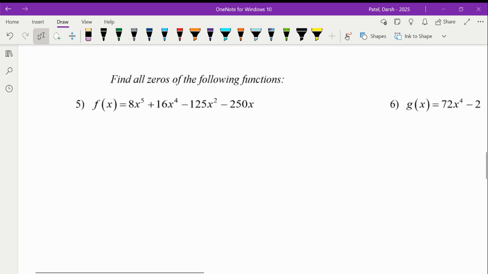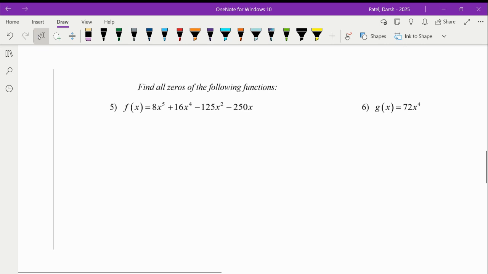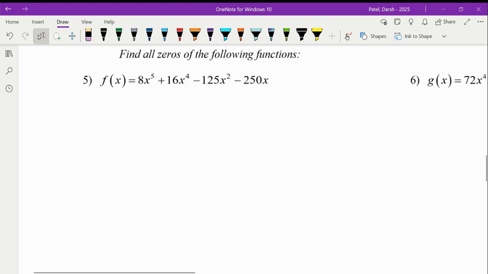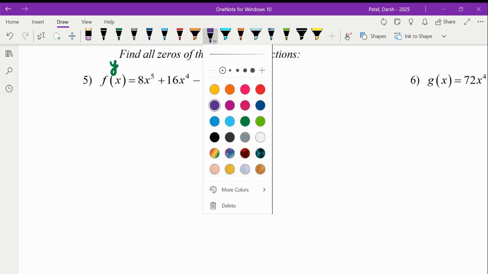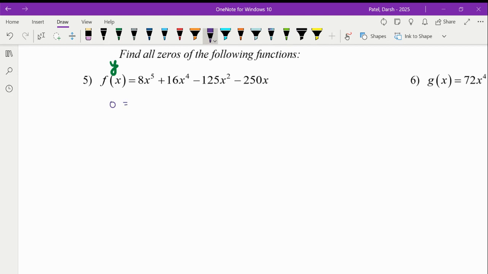Okay, so we're going to find the zeros of this function. If you want to find the zeros of a function, first you have to make f of x equal 0, right? Because f of x is another word for y. So let's get started. We're going to make this 0 equals 8x to the fifth. So we know this function is going to have 5 solutions because the highest exponent of the function is the fifth